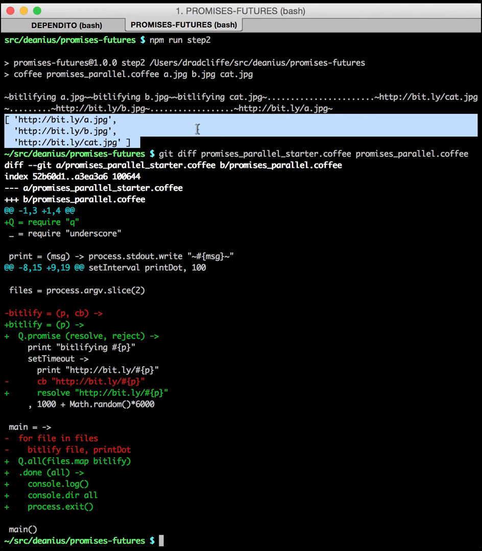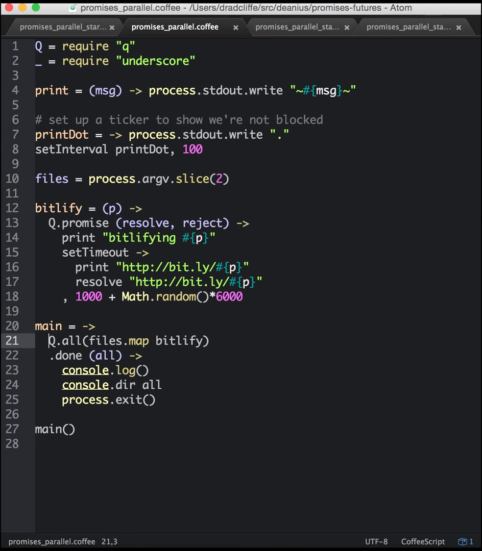So you notice that this one was able to exit itself because it knew when all of the bitly requests were done. That is a beautiful thing that you can do with promises. You can essentially await an array of them, and that would have been hard to do with setTimeout. So that's one of the dimensions of programming with promises that feels a bit like you're reaching into the future for a